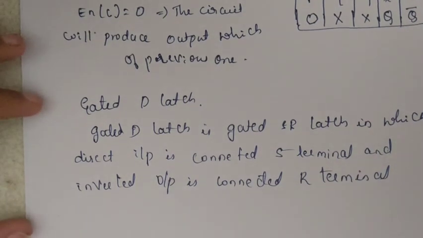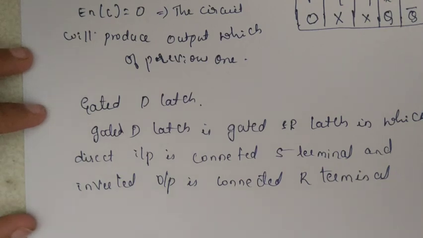If enable is 1, the output follows the input. So when enable is equal to 1,